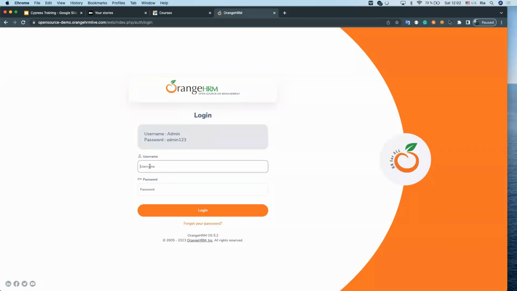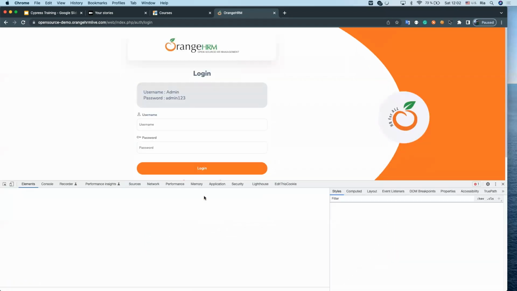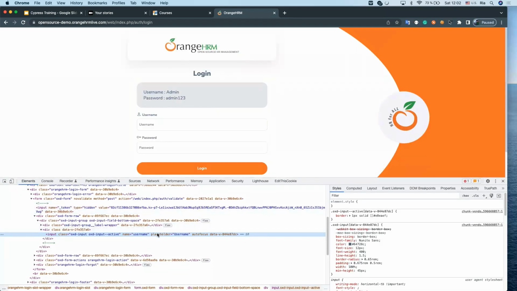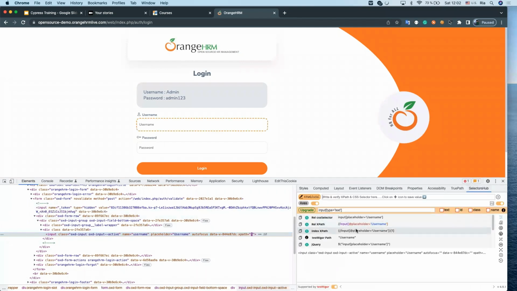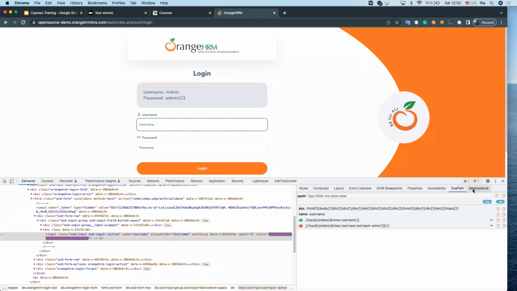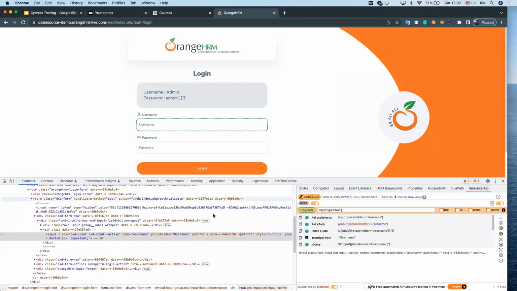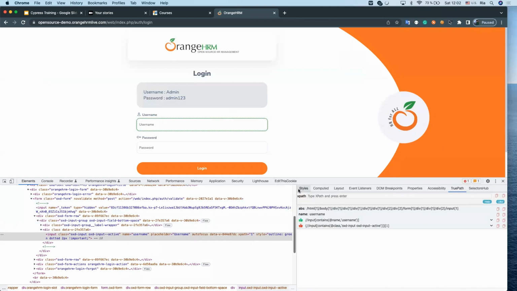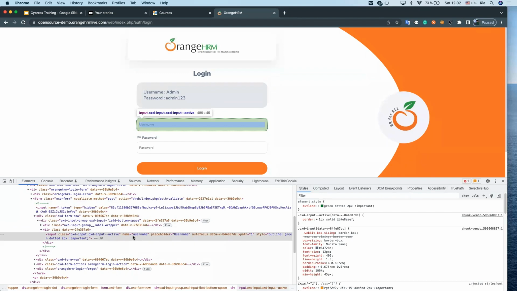First thing, as usual, we have to identify the locators. First we right-click and inspect the element. Either we can create the locators manually or use third-party extensions like TruePath and SelectorsHub. I'll be covering during the sessions what TruePath is. TruePath is a third-party Chrome extension that will generate the XPaths for us, and in the same way, SelectorsHub. But if we want to create manually, let's skip the extensions for now. Here we can see we have the name attribute, and we can take the name attribute